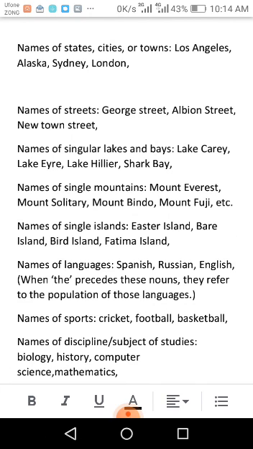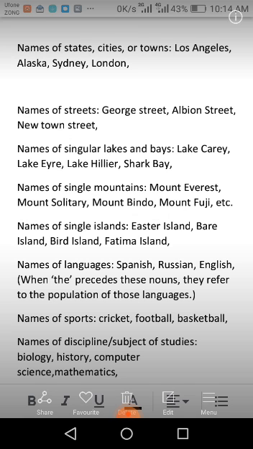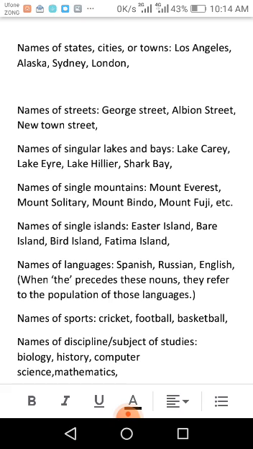Names of languages. I want to learn English. So we don't say I want to learn the English, because it's already specific. You need not place the before it. But when you want to refer to the whole population who speaks English, you will say the English. Okay, the English, the Spanish people, or the Russian. It's enough to refer to the whole class. The Russian are good people. Okay,